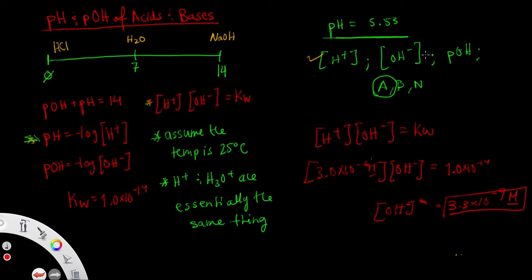All right, so we solved for our OH minus. And how do we solve for our pOH? Well, we use this equation. We take the negative log of the concentration of our OH minus, which is 3.3 times 10 to the power of negative 9 moles per liter. And it has to equal our pOH. And if we type it into our calculator, we would get that our pOH is equal to approximately